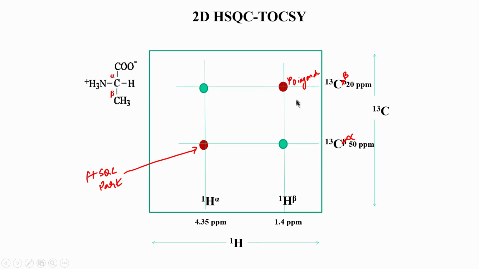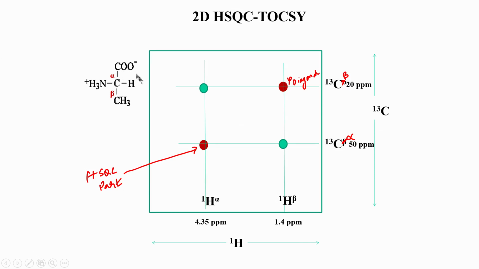So, the entire spin system now is available based on this pattern. So, you see if I look at this square, or this is not actually a square, a rectangular pattern. So, along this line, I am getting from one carbon to all the hydrogens in the molecule in a given spin system. Although I may say molecule, but a molecule can have two spin systems as we saw in the heptanone case.